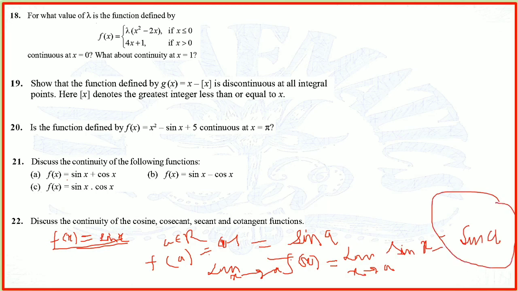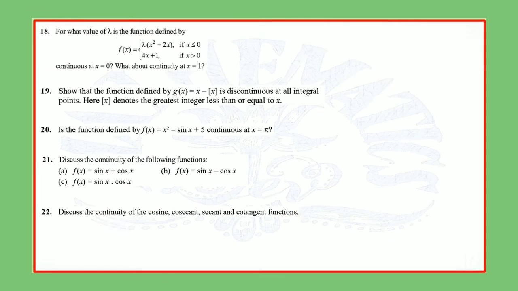So now this sine a and this sine a both are equal, hence the function sin x is continuous for all its real values in its domain. Similarly, you can take for cosine f of x is equal to cos x, for cosecant f of x is equal to cosec x, for secant f of x is equal to sec x, and the same thing, a real number can be supposed and limit x tends to a, the same thing will come, just similar for everything. And cotangent also, tangent also, f of x is equal to tan x or cot x. So this way you will be proving. So that's all about 22nd.